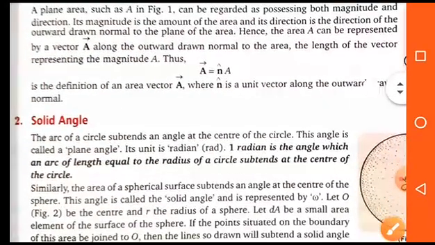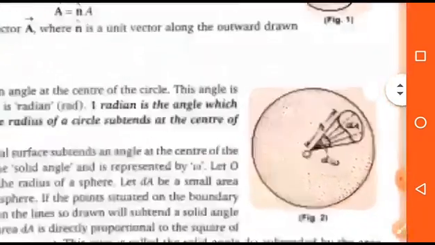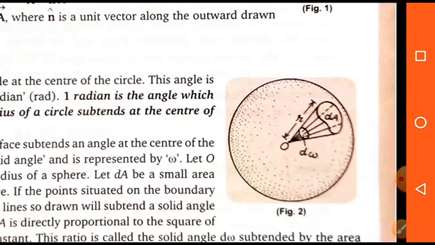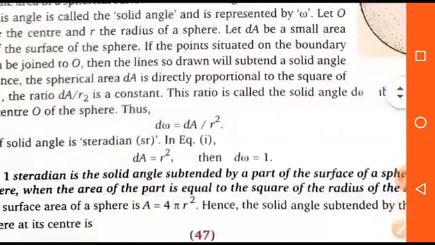Now the next topic is solid angle. As you can see in the figure, there is a solid sphere, and here take a point O at the center of the sphere and take a small part AB on the sphere. The small part taken on the surface subtends a small angle, and that angle is known as solid angle. It is generally denoted by d omega, and for the whole surface it will be omega, and the value of omega is 4 pi.